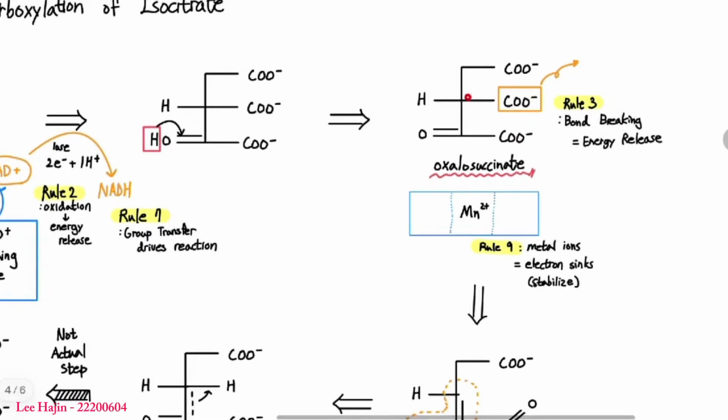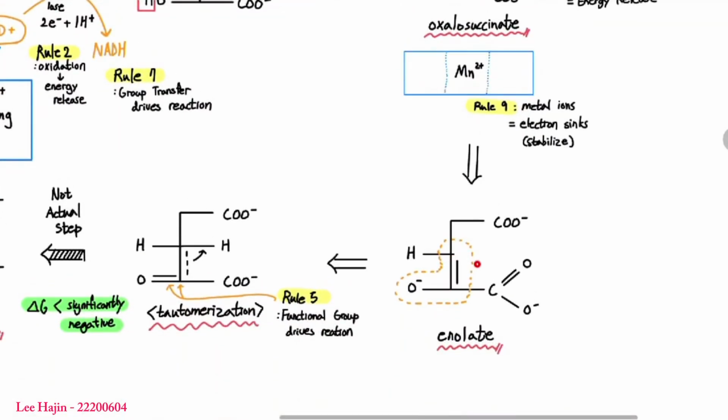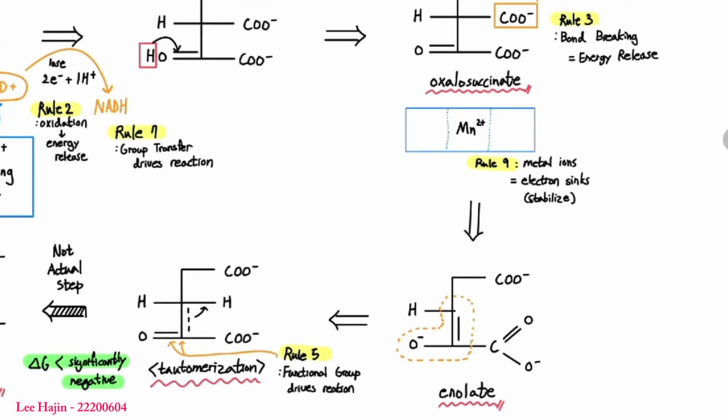Next, the beta-carboxyl group is removed as CO2. Why? Because the adjacent carbonyl pulls electron density, making the bond easier to break. As CO2 leaves, its bonds remain, forming a double bond here. Now, carbon can't have 5 bonds, so the pi electrons of the carbonyl group shift up to oxygen, creating O negative, an unstable enol intermediate. Here, manganese 2+ plays a key role, stabilizing the negative charge and transition state by acting